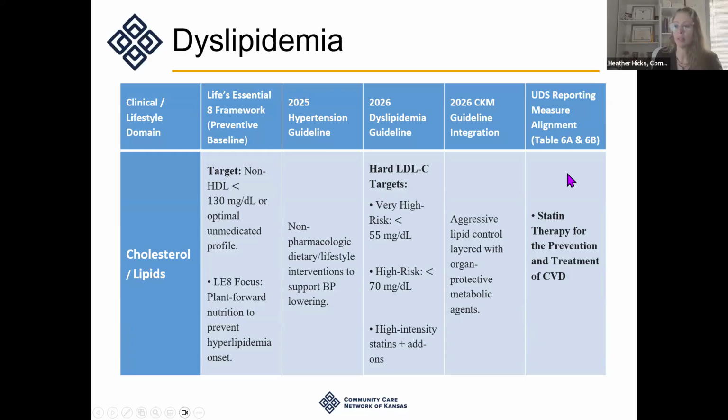And then, of course, we have our statin therapy for prevention of cardiovascular disease. That's a UDS measure. That is one of those complicated measures where if you're this, then this is your target. And if you're diabetic, it's this target. And if you're over this age or under, you've got tiers. So it makes it a little challenging. But all of these things that we're working on, Life's Essentials 8 for healthy lifestyle, hypertension guidelines for diet and dietary lifestyle, lowering that lipid level through the dyslipidemia protocols, the CKM interventions, all of that is going to impact your statin